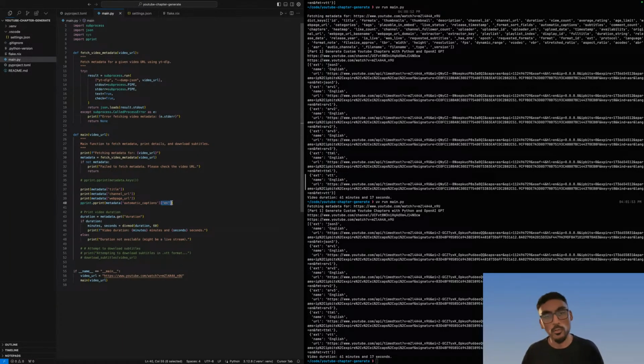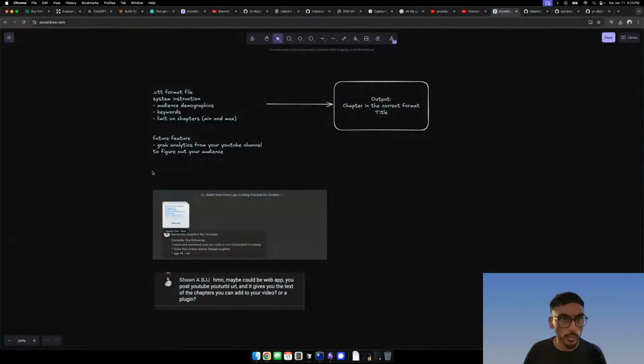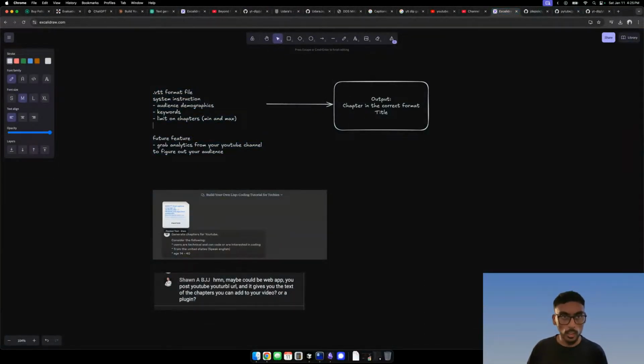But maybe that's a future feature where we allow for different languages. I'm going to put that over here. Allow for different languages.